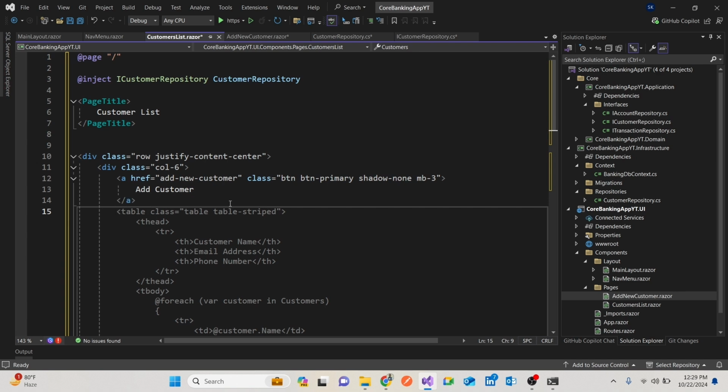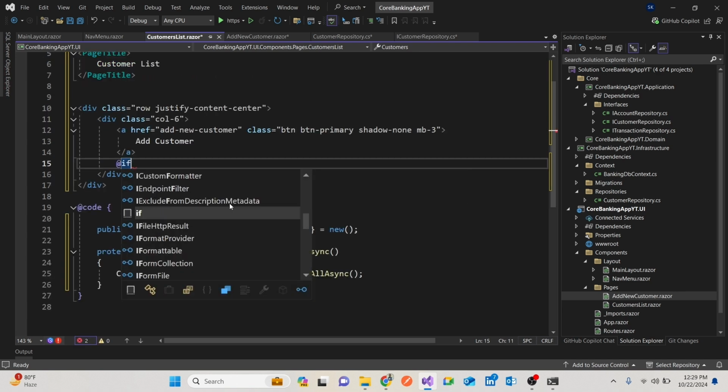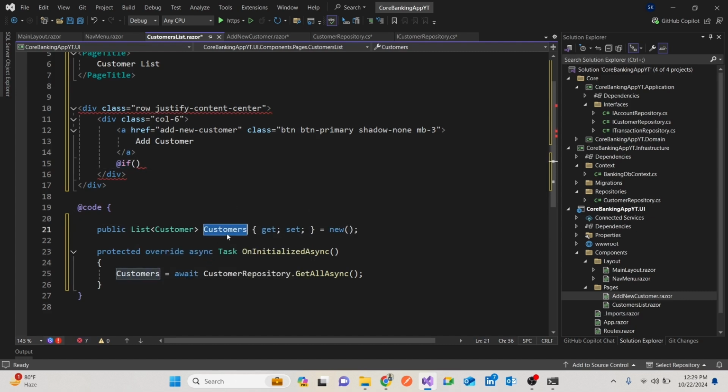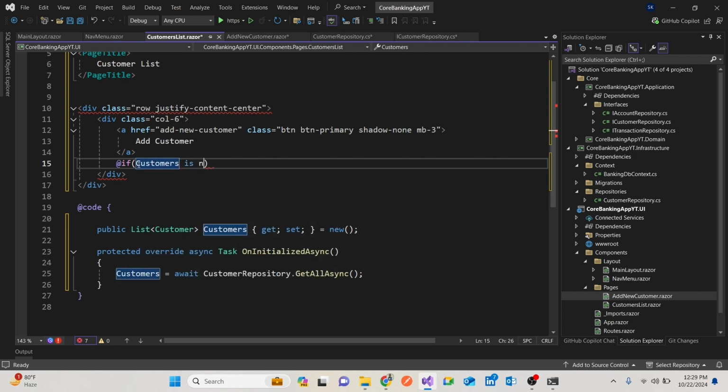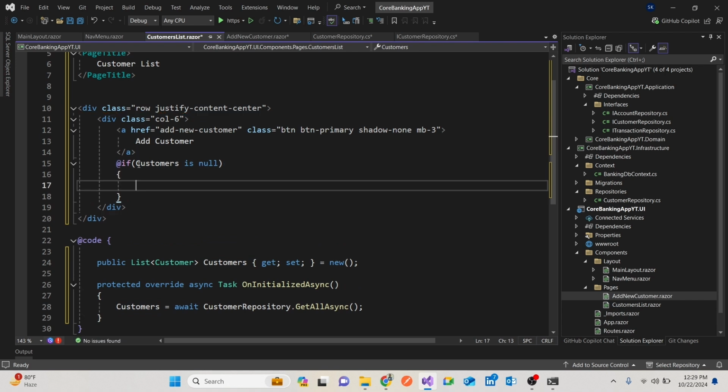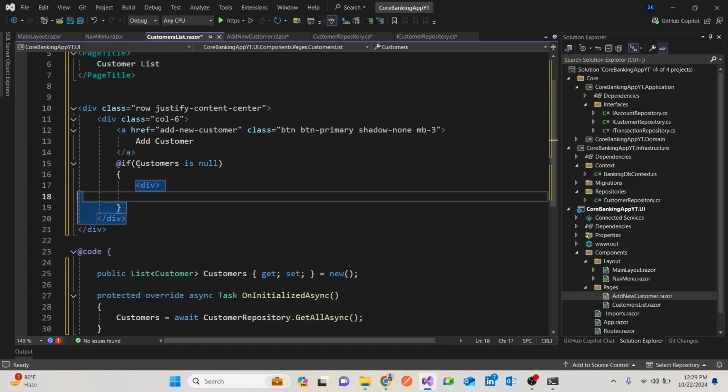So what we'll do here is we'll bring in our C# code. Say if, right? If this customers list we've created is null, okay. So if customers is null, there should be a way we handle this gracefully, right? We can create a div, and in this div,